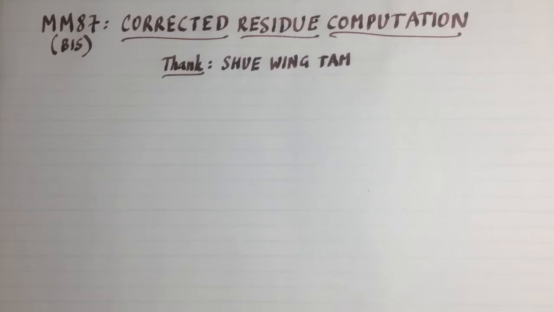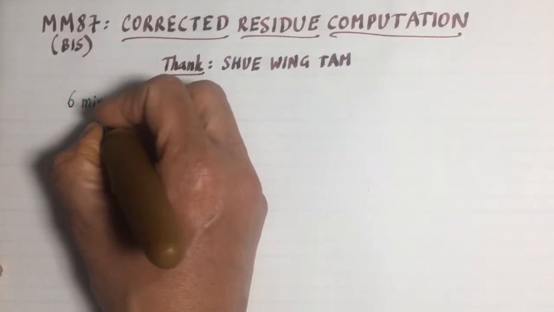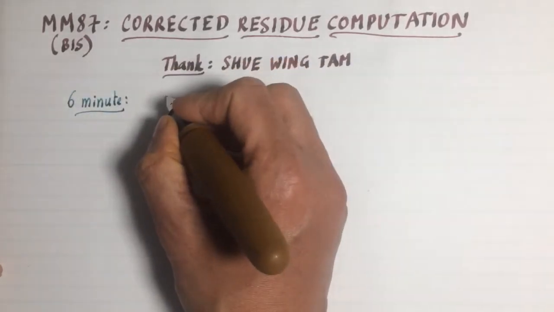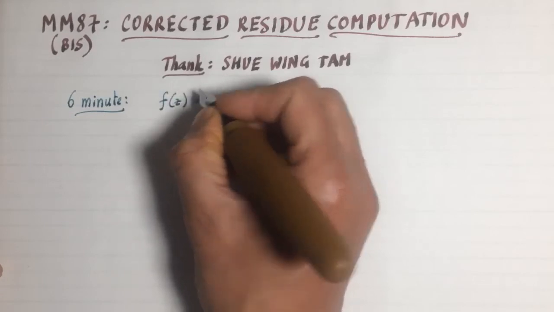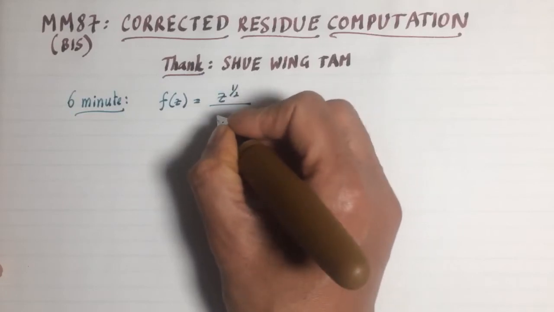When I analyzed the error, I realized I had made two errors, not just one, and those two canceled out to give me the correct residue. So if you've not done it, please take a look at that video. At the 6-minute mark, we analyzed the residue of the function f of z, which is z to the power half over 1 plus